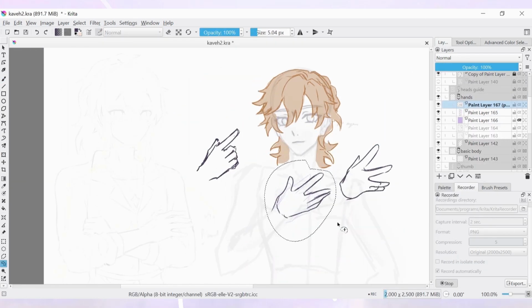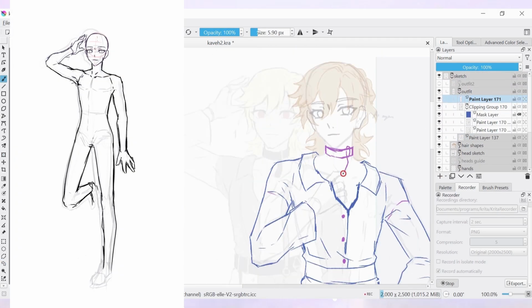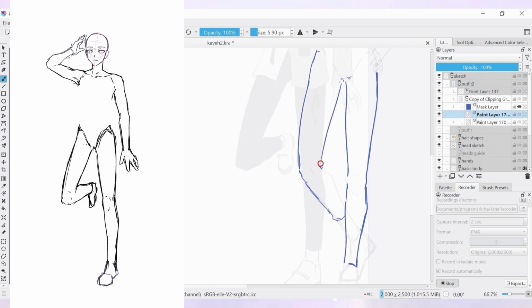For the second pose I then went with his left arm and leg being lifted up, while the right arm and leg were straight downwards. I thought this would fit to Kavi's more expressive personality. He would definitely be the main dancer in this idol group to me.